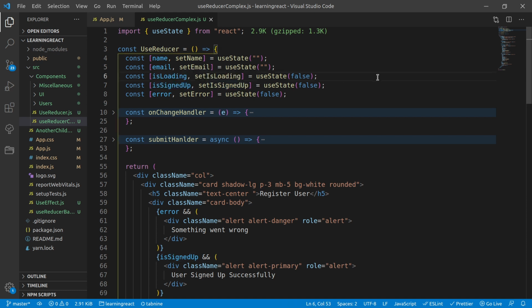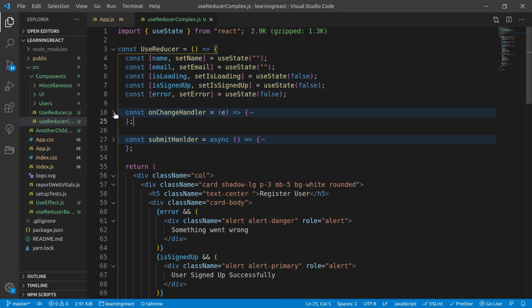Apart from that, let's say there is any error from making the API hit, or any kind of error. So I have created another hook called error. You can see that in order to handle a very basic application, I am creating multiple states, right? So that is one thing.